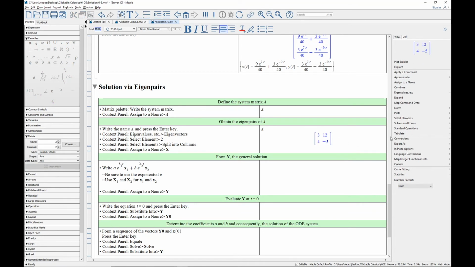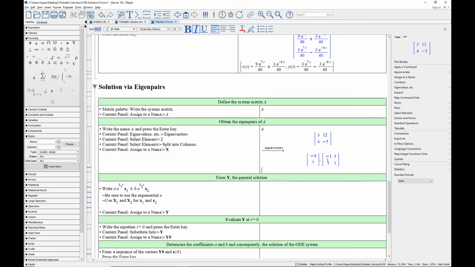So go to the context panel. You have eigenvalues, etc. Let's select eigenvectors because that gives you the eigenvalues as a column vector, and then the columns of the matrix are the corresponding eigenvectors. So I'm going to grab that matrix of eigenvectors,